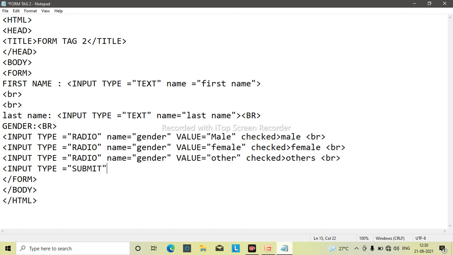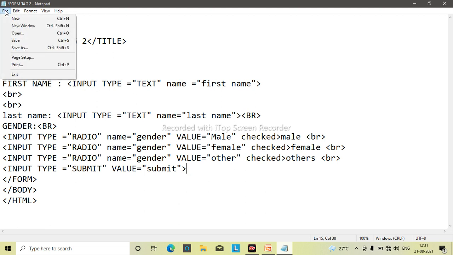I hope you all remember when you shop online, the option comes submit. So when you click on this, you go to payment. So this is the submit button. Now value is equal to submit only. Then let's close it. Then once again form, body, and HTML.